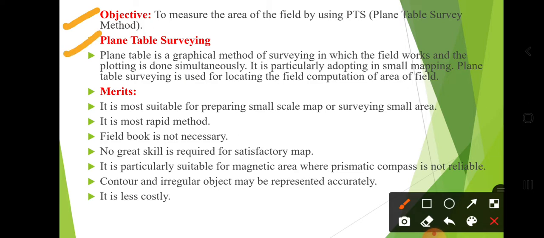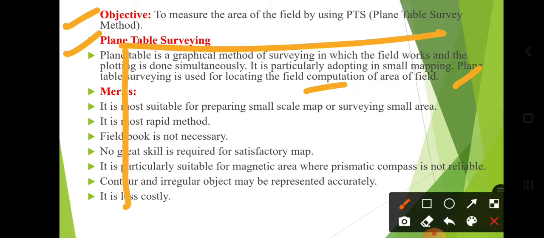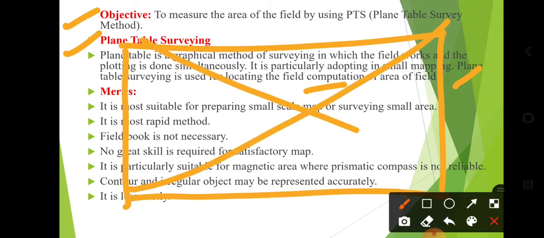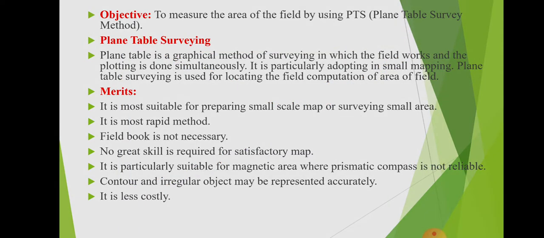Okay, plane table surveying, it is the graphical method of surveying in which field work and plotting is done simultaneously. It is particularly adopting in small mapping. Plane table surveying is used for locating the field computation of the area of the field. Okay, means in plane table survey, whatever the measurement of a distance is and the plotting, both are done simultaneously in the field, and that's why plane table, it is graphical method of surveying in which field work and plotting